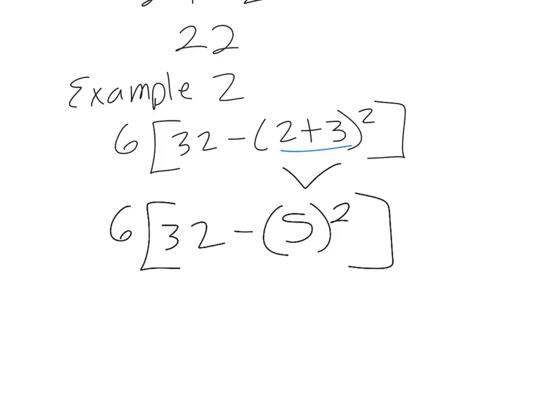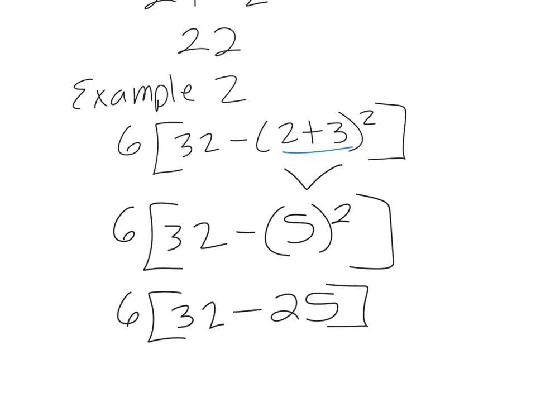apply the exponent to the 5. And then deal with the whole, because the whole 32 minus 5 squared. Inside of the parentheses, you also have to follow order of operations. So inside of those parentheses, you've got subtraction, and you've got an exponent. Well, obviously, please excuse, E for exponent comes before subtraction. So we got to do that exponent first. So if I rewrite it,